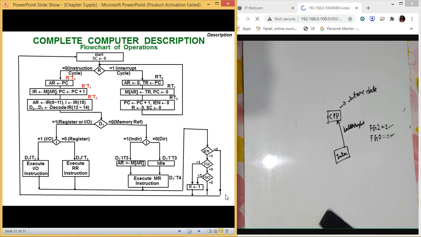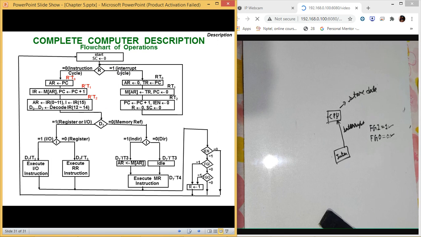This is the new addition, and this is one another new addition which we have. This particular part on the left hand side is all what we have already done, so we have just included this part. No one is going to ask you about the flowchart entirely, but you need to know how the instruction cycle is executed and how an interrupt cycle is executed. You should be aware of it. Once done, this will finish up your chapter.